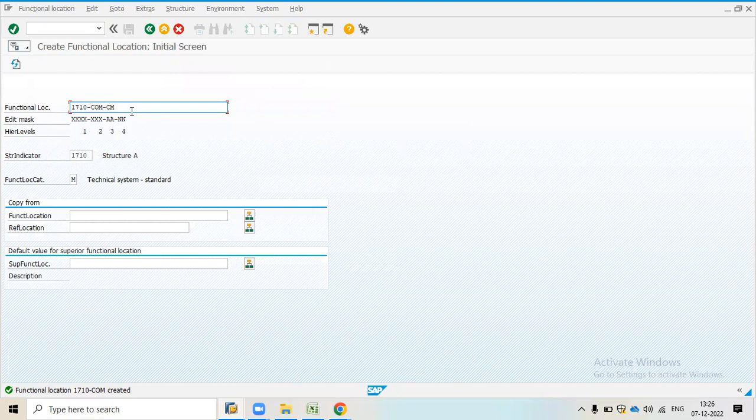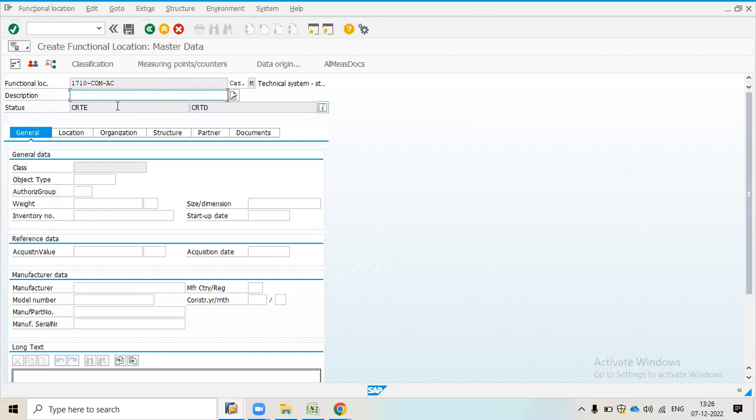COM. Okay, means compressor, I am taking air compressor. Okay, so I will take AC and press enter. So I will select air compressor.